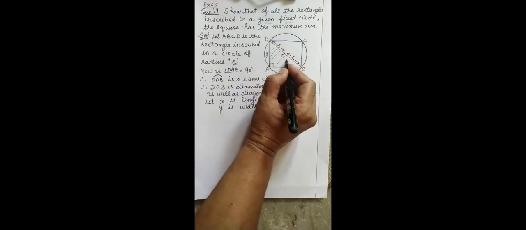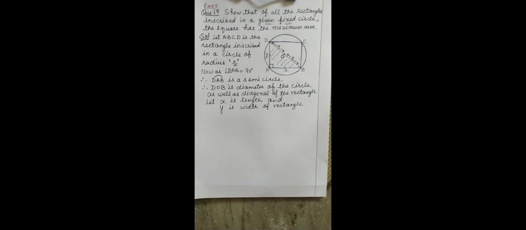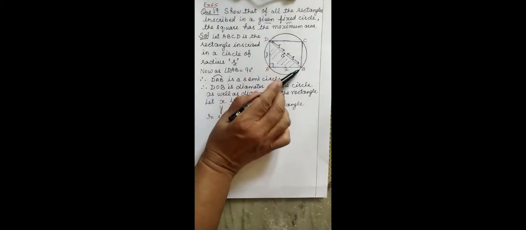That means the diagonal and the diameter are both the same in this question. Okay. So now I will consider this right angle triangle to establish a relationship between my two variables x and y. So applying Pythagoras theorem on this triangle, that is in right triangle ADB, according to the Pythagoras theorem, x square plus y square will be equal to, now radius is r, so what